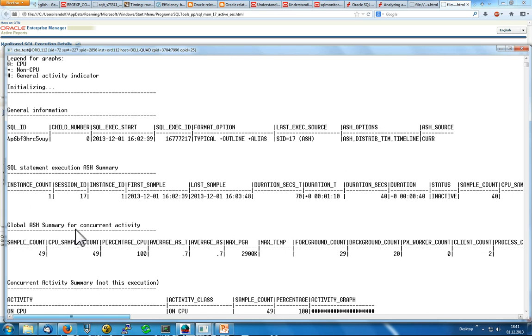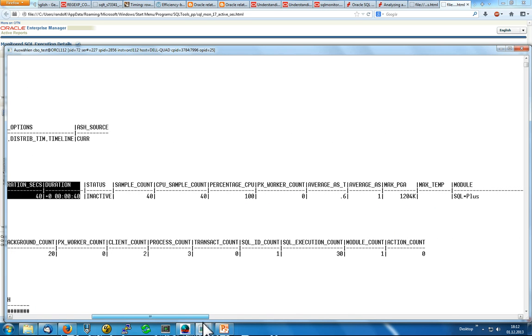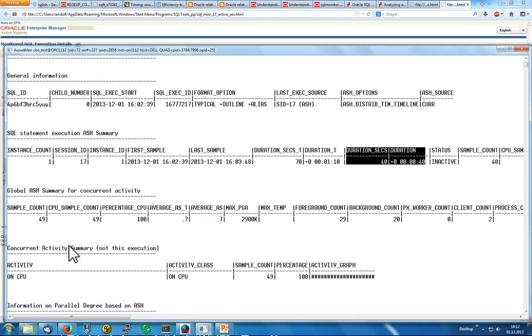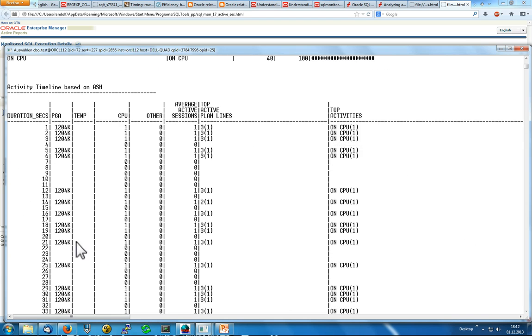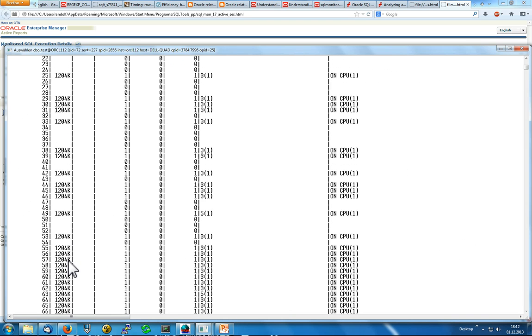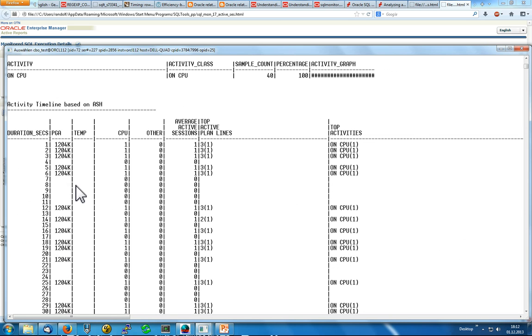We can see here, if we do an analysis of this SQL execution with the old version of explan, that it was approximately active for 70 seconds, but within the 70 seconds it was only active for 40 seconds. So we have an indicator of average active sessions of less than 1. And if we look at the activity timeline, we can see here this clear sign of gaps of activity where no active samples for the SQL ID